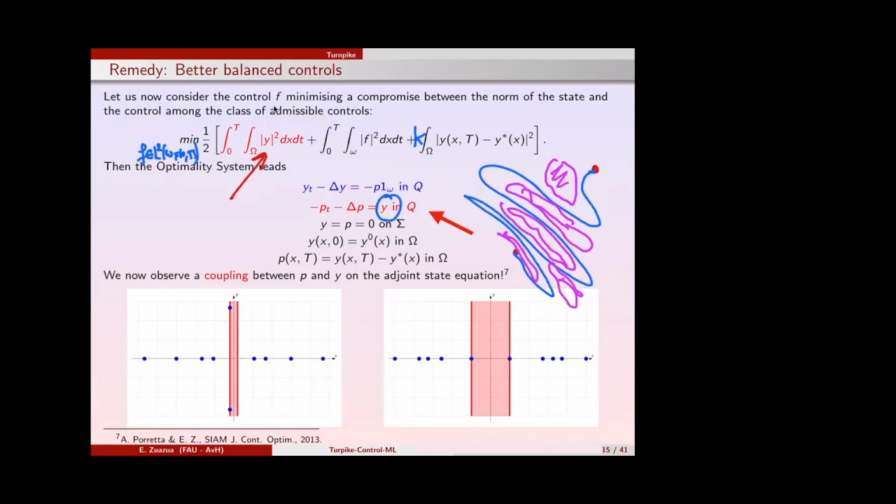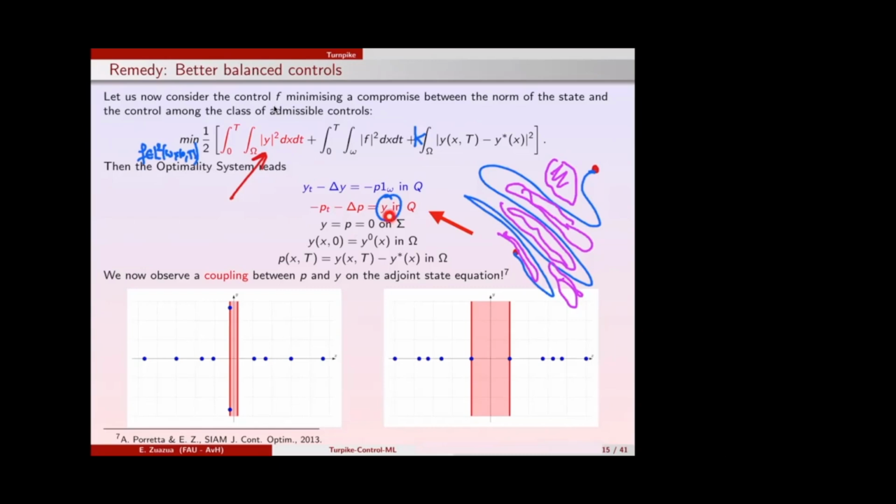Before we didn't need to think on the initialization with the Y, because there was a zero on the right-hand side. So here you will have to initialize with a Y. Well, this is not that difficult. You could take zero control, just compute the solution of the heat equation, and start with this initialization, right? But you see that this obliges you in the implementation of the gradient descent algorithm on changing the first line on your algorithm, which is the initialization of the process. But this is not so relevant. This is just a technicality when you apply the gradient descent algorithm.